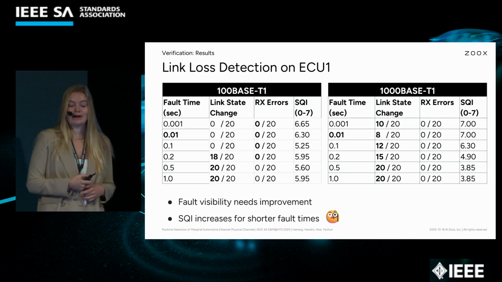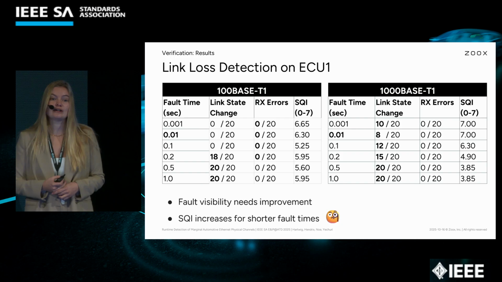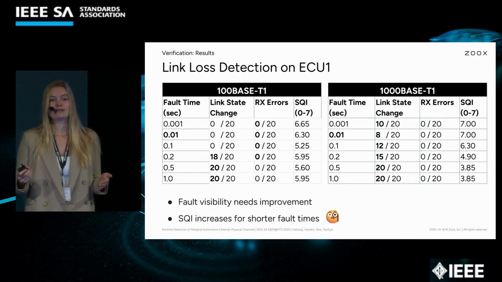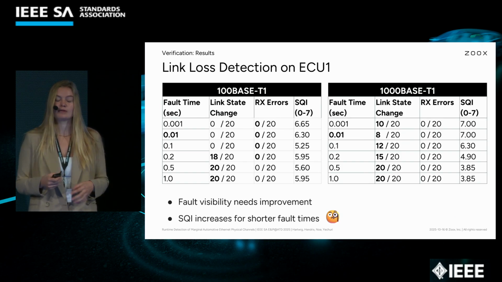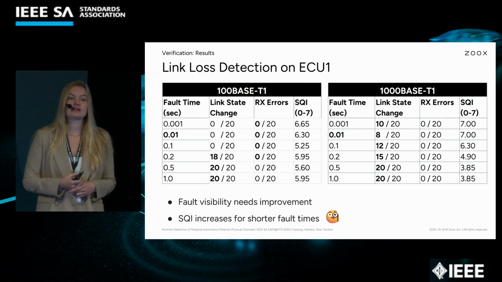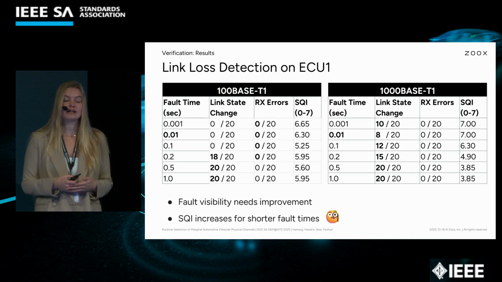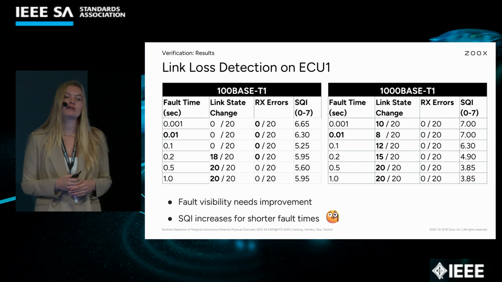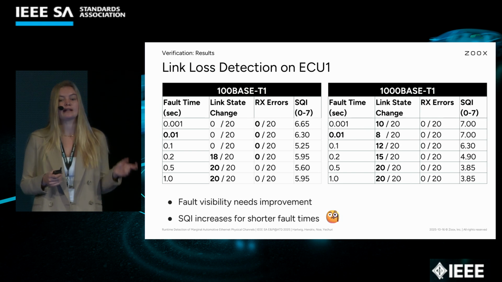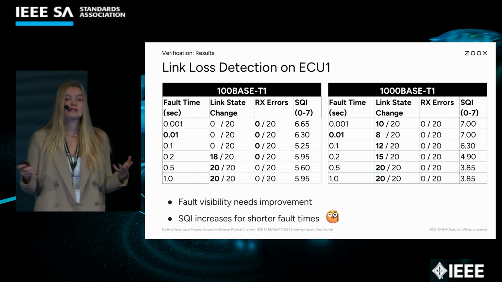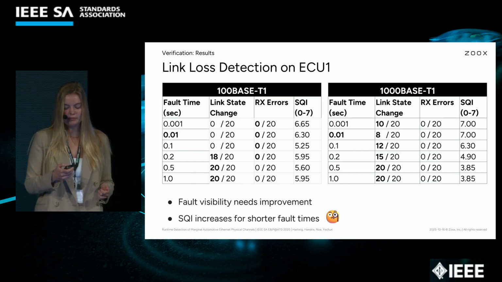Now, one thing that we found surprising is that when we look at the receive errors, we see pretty much no indication of the link going down during these disconnects, which we found particularly surprising for the 1 second disconnect. And if we look at the SQI, which ranges from 0 to 7, 7 being the highest link quality, we notice that there's an inverse relationship between the length of the disconnect that we inject and the SQI. This is all specific to one ECU that we tested, but we also